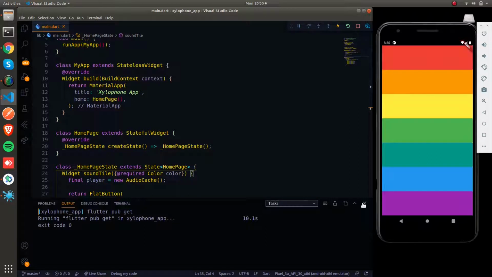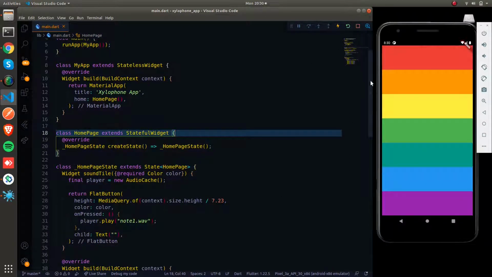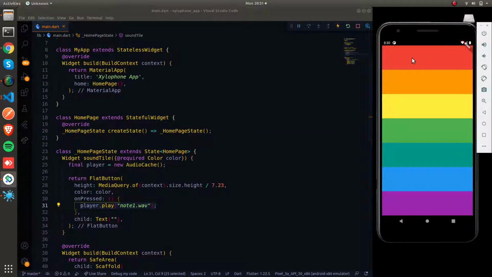Okay, so I've just hot restarted this application. So let us test whether the audio file is playing or not. Okay, as you can see, we are getting the same tone for every button.